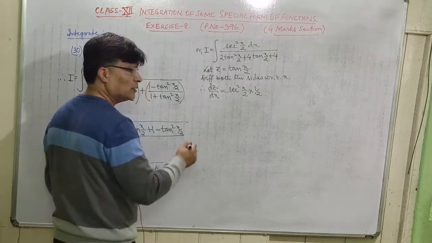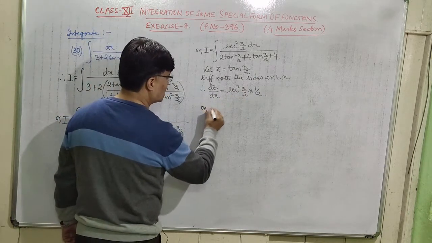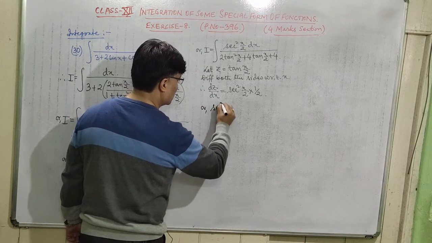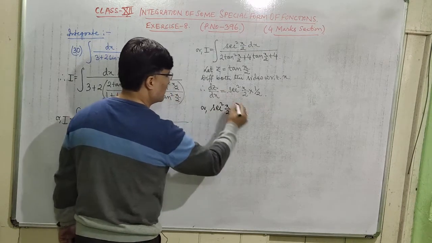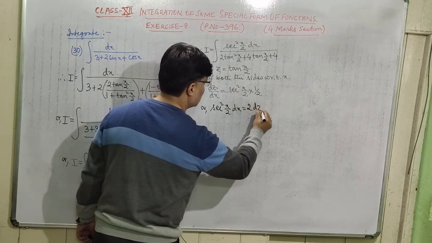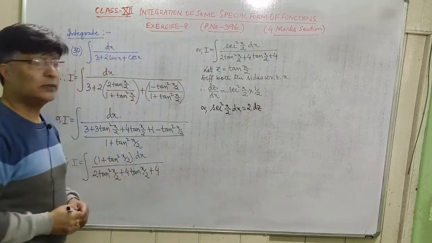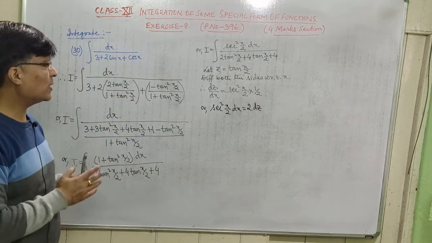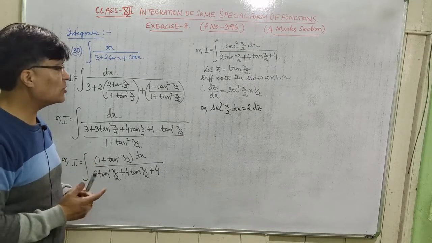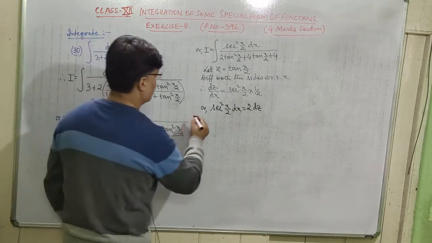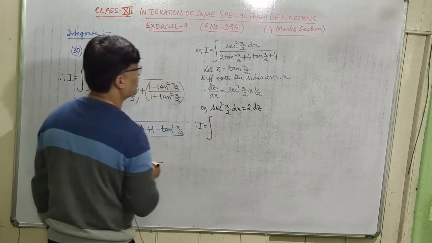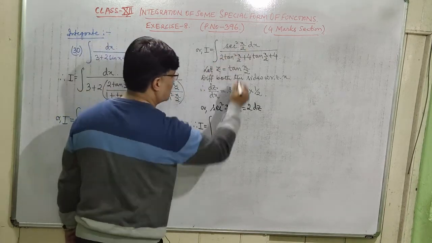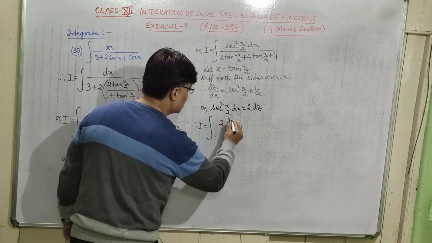So next, now we can do cross multiplication. So it is sec square x by 2 into dx. Cross multiply by 2 here, it is 2 dz. Is that clear now? So that means we are getting the value for sec square x by 2 dx, which is equal to dz. So therefore, I is equal to integration of, what is sec square x by 2 dx? It is 2 dz